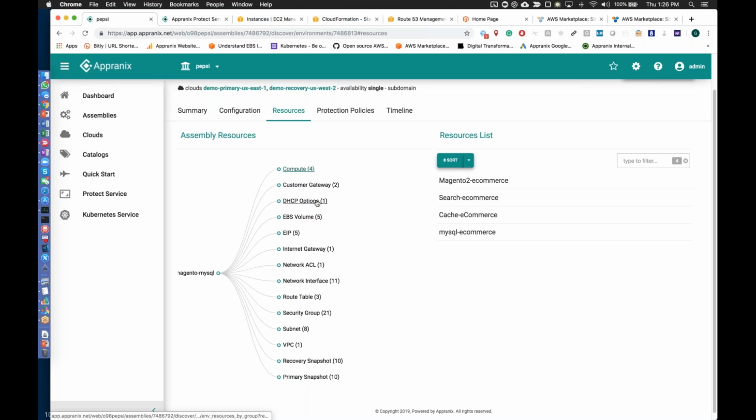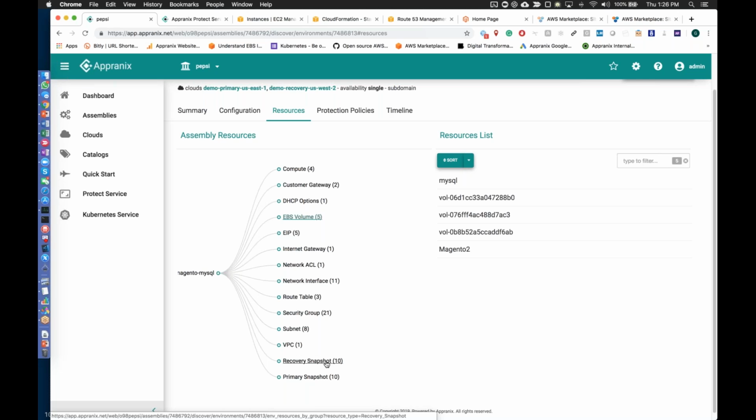So customer gateways, DHCP options, all the EBS volumes that you will have to think about, internet gateways, network ACLs, all of that will be automatically discovered and represented with infrastructure as code in the backend, which means the system automatically creates that infrastructure as code. All the CloudFormation will be automatically created for you from your resources.